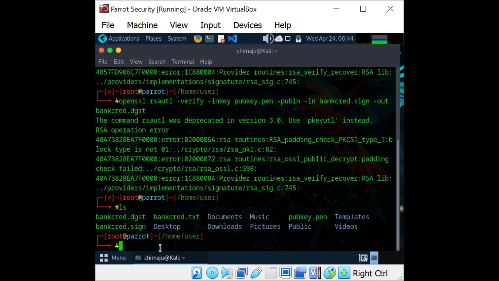So we'll use the command openssl digest. We're trying to check if this message was tampered with while on transit. Bankcred.txt